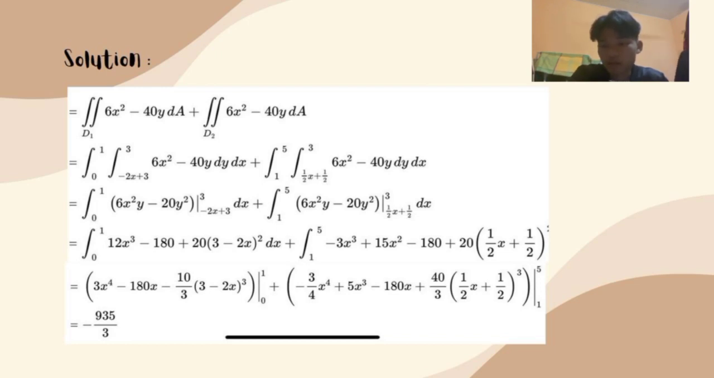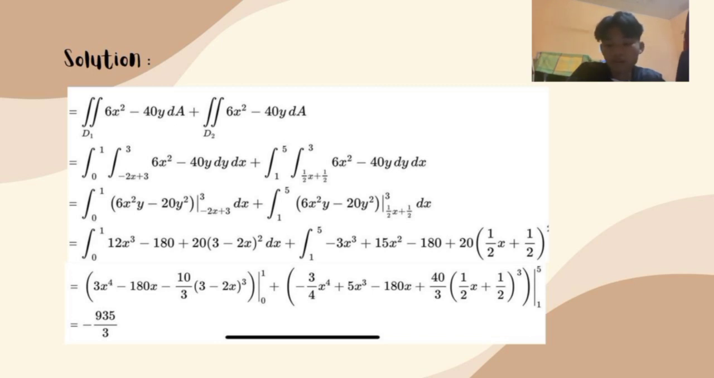Integration 6x squared minus 40y dA plus integration 6x squared minus 40y dA equals integration 1 and 0, integration 3 and negative 2x plus 3, 6x squared minus 40y dy dx plus integration 5 and 1, integration 3 and 1 over 2x plus 1 over 2, 6x squared minus 40y dy dx equals integration 1 and 0 in bracket 6x squared y minus 20y squared negative 2x plus 3 dx integration 5 1 in bracket 6x squared y minus 20y squared 1 over 2x plus 1 over 2 dx